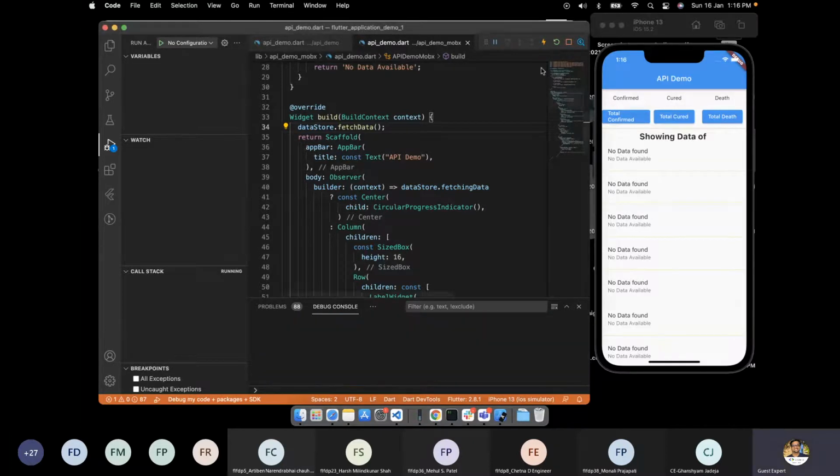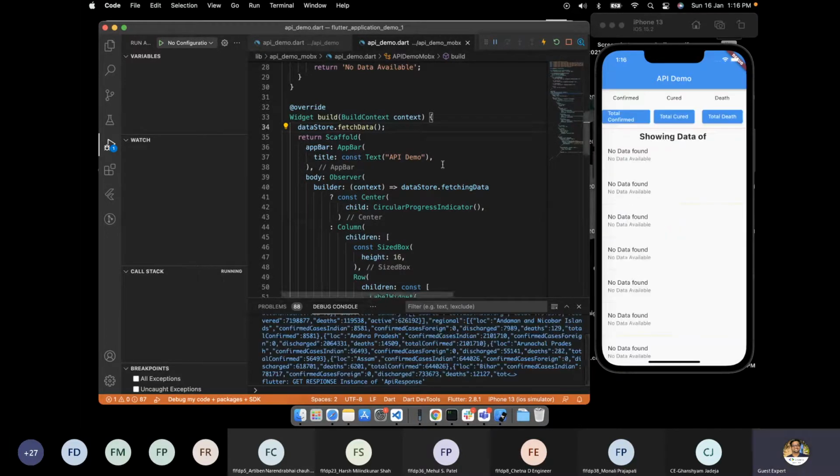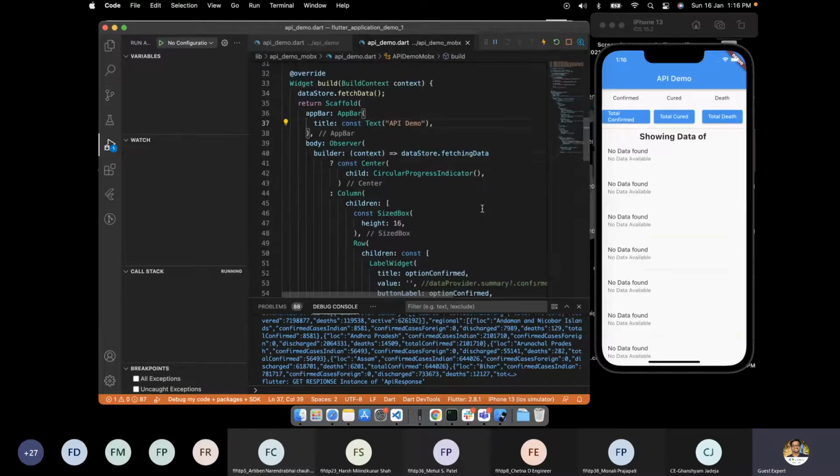Okay, so as we can see, we have that loader and then it's coming back again. Now we need data as well.